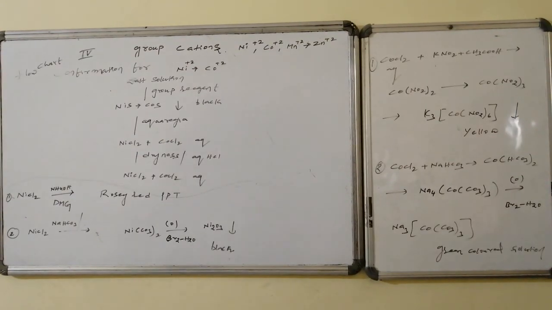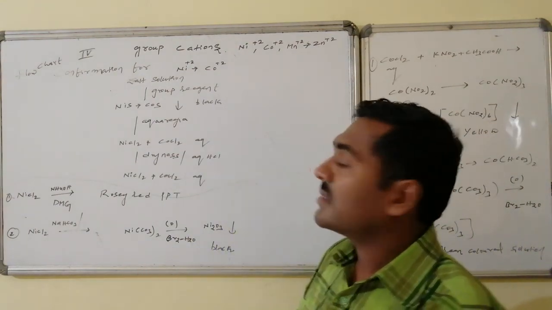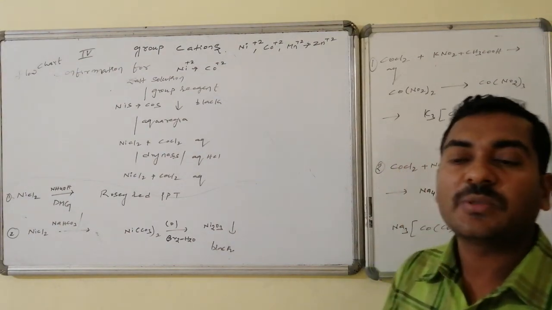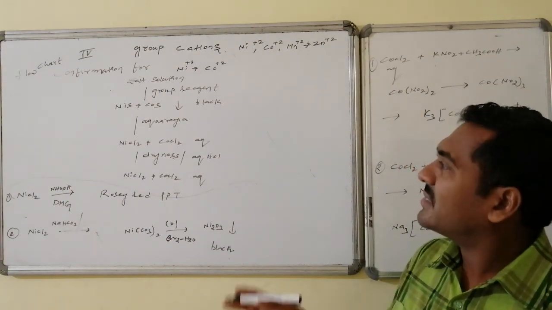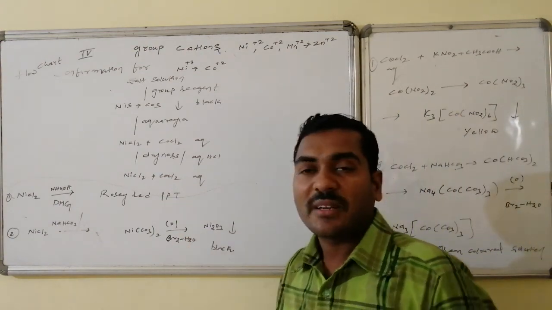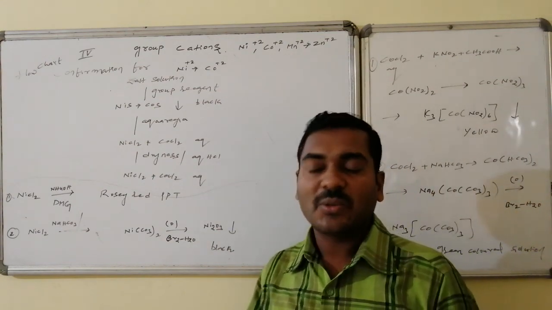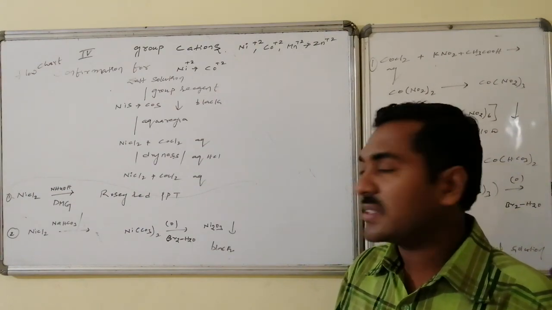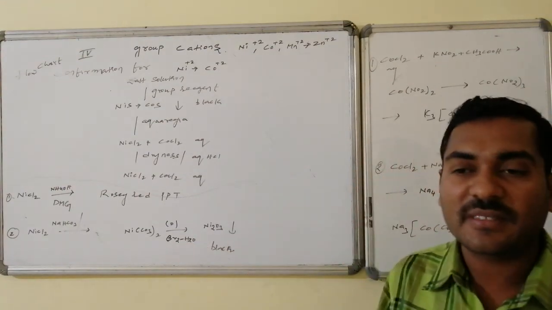Now the flowchart confirmation for the 4th A group cations like nickel and cobalt. The salt solution of 3rd A group is made to react with H2S followed by ammonium hydroxide. Otherwise, the salt solution followed by the group reagent gives nickel sulfide and cobalt sulfide, which is a black color precipitate. This is allowed to react with aqua regia, and both are converted to the corresponding chlorides. This aqua regia solution is evaporated to dryness and diluted with dilute HCl solution. Thus this nickel chloride and cobalt chloride aqueous solution is further used for confirmation.